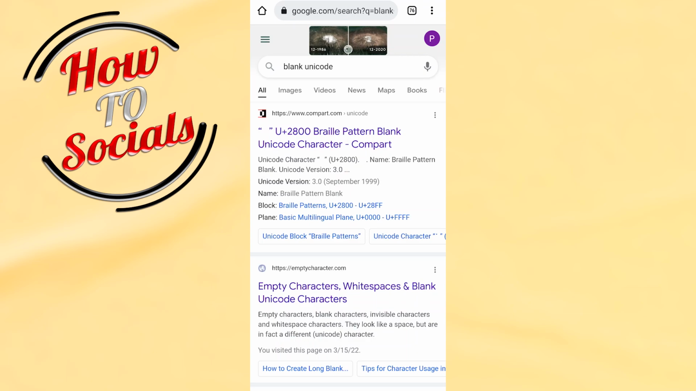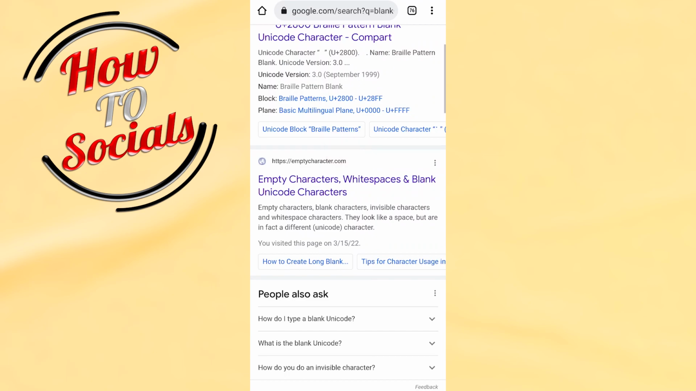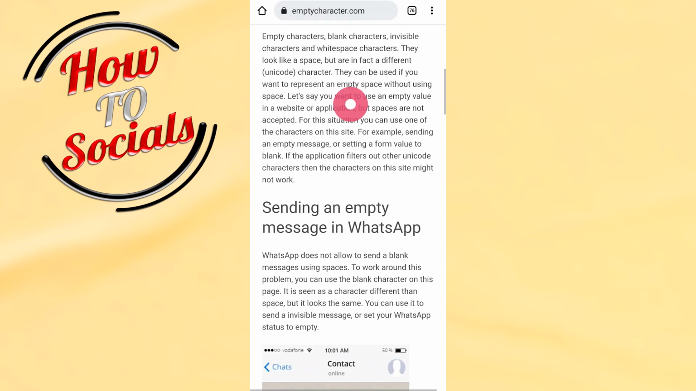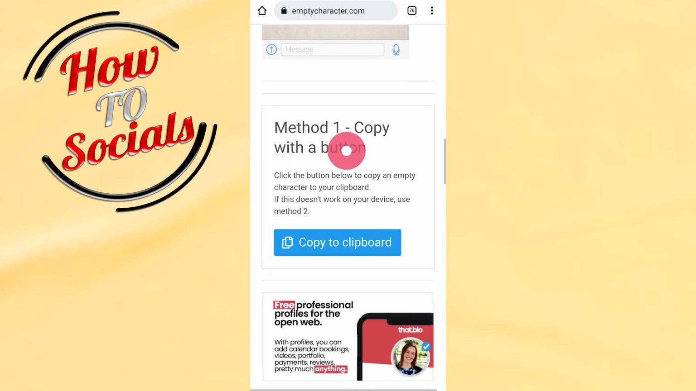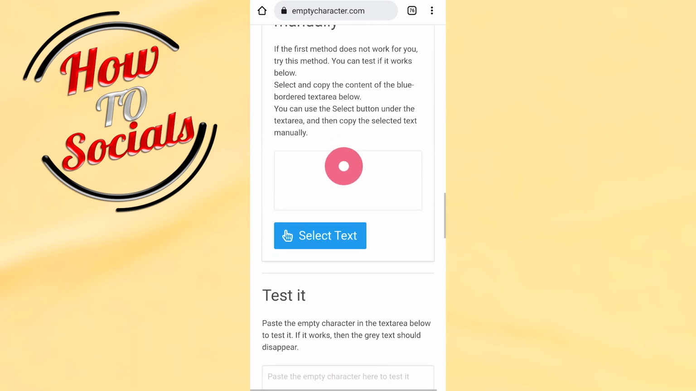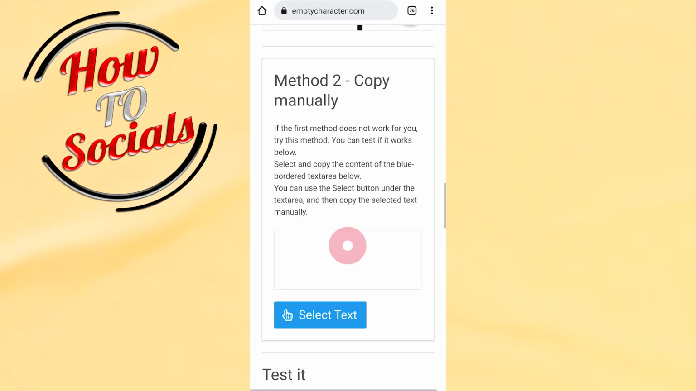Get up into your browser, type for blank Unicode and then select the second selection, which is emptycharacter.com. Go for that site. Then as you can see here we have options which are related to it. Scroll down and here you're gonna find method 1, copy with a button. Just go copy to clipboard, and now what you need to do, simply, as you can find out, you need